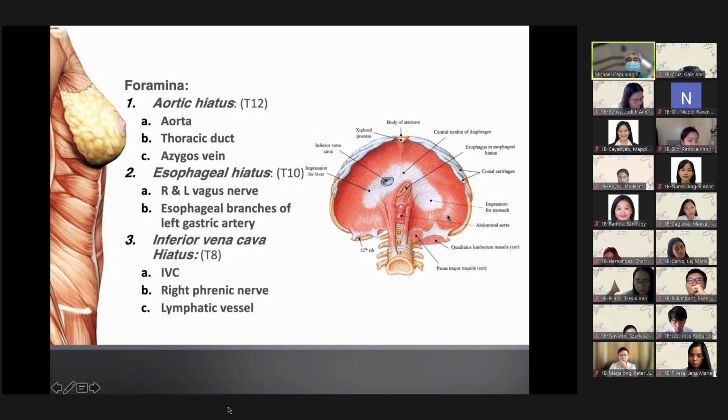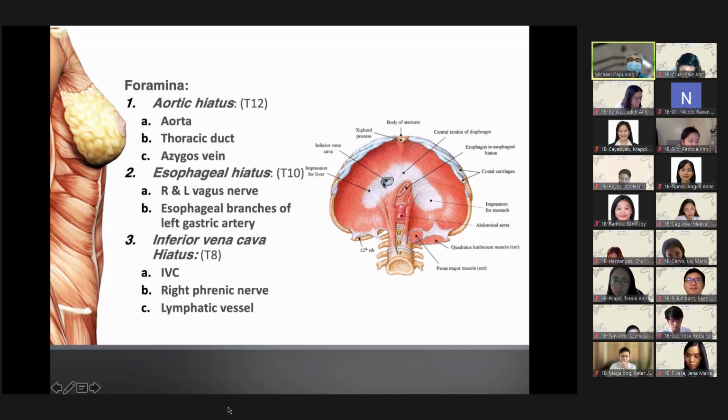You have three openings. Okay? Your aortic hiatus at the level of your T12, wherein you see your aorta, the thoracic duct, and your azygos vein coming out. Your esophageal hiatus at the level of T10, wherein you have the right and the left vagus nerve and the esophageal branches of your left gastric artery coming out,